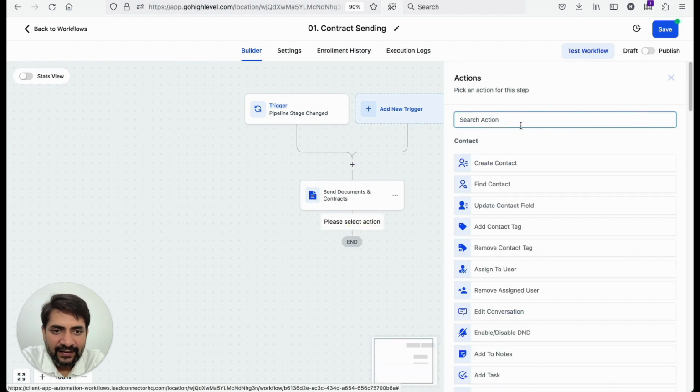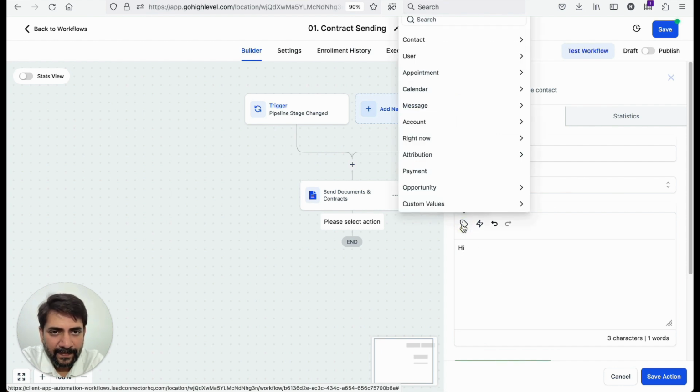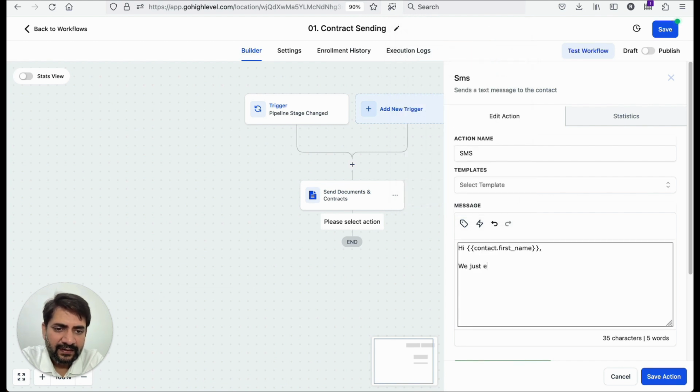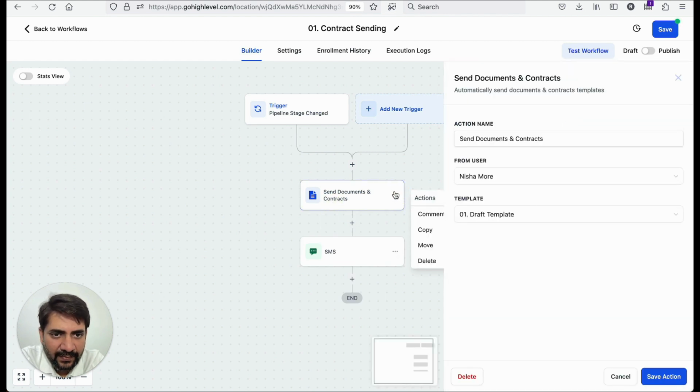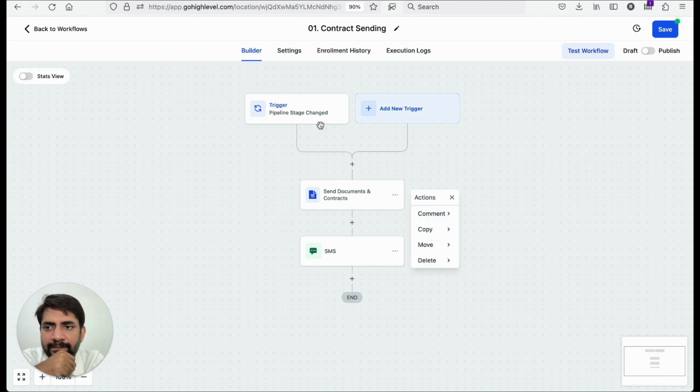And now I send an SMS notification. Let's say, hi, contact name, first name, we just emailed you the contract to review and sign, please have a look at it. That's this. Inside this, if I come back, yep. That's this. Okay, now that we have this workflow done,